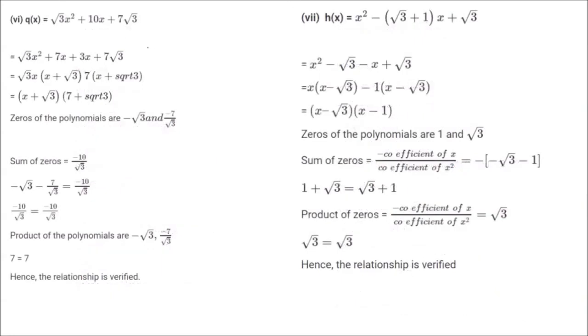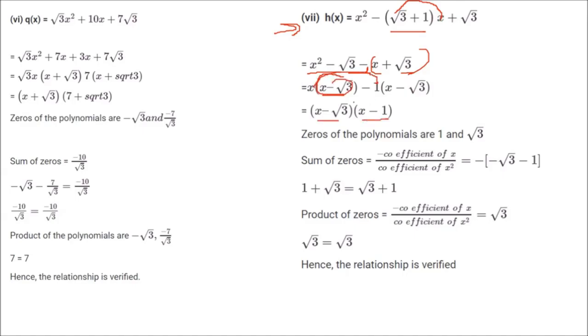Here we can take a few more. Let us take this one. So x square minus root 3 plus 1 x. So just multiply this root 3 with x, and then you will have minus x. So I'm just opening this bracket, root 3. And you will see that if I take x common from here, you get x minus root 3. If I take 1 common from here, you get x minus root 3. So you don't have to do anything. Just take x minus root 3 common outside. x minus 1 will be inside.